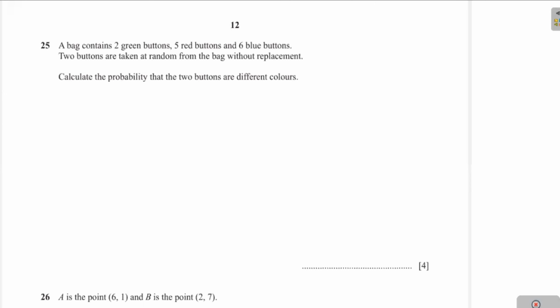Question number 25. A bag contains 2 green buttons, 5 red, 6 blue buttons. 2 buttons are taken at random from the bag without replacement. Calculate the probability that the 2 buttons are different colors. Therefore, the probability of 2 buttons of different color will be the probability of green, red